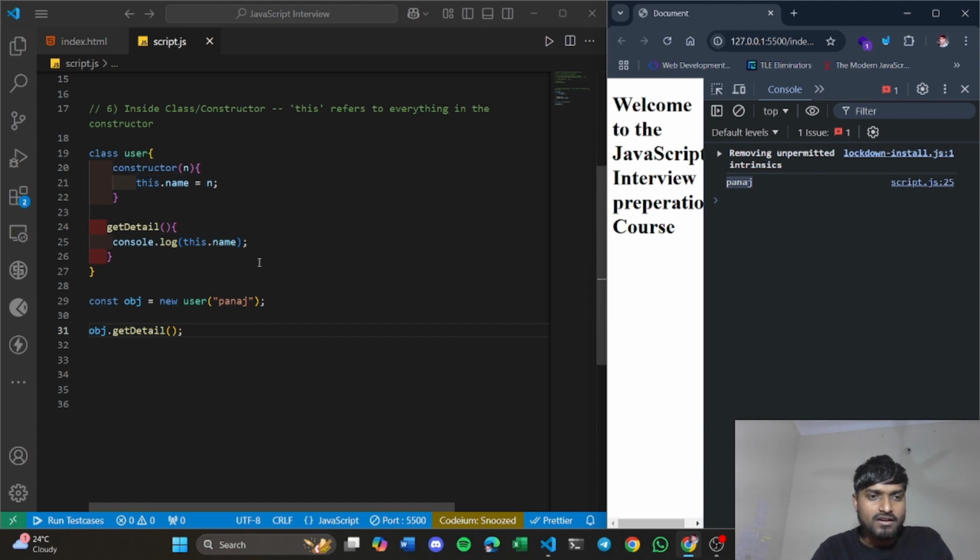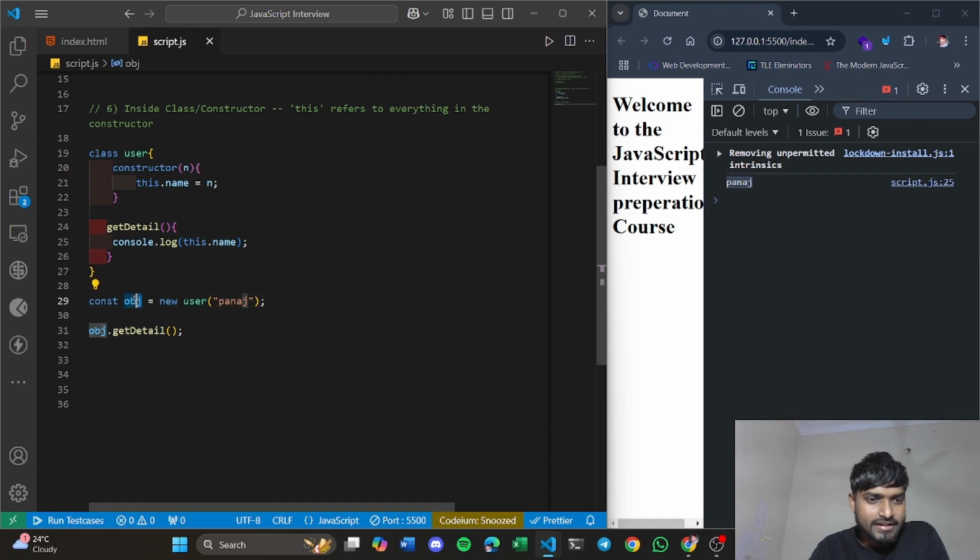So what happens when you use this keyword inside a class or constructor? Basically this refers to everything inside this constructor, right? If you have some doubts about how object creation and constructor work, inside any language constructors are used to initialize objects, right?